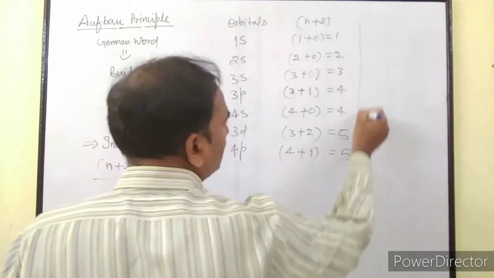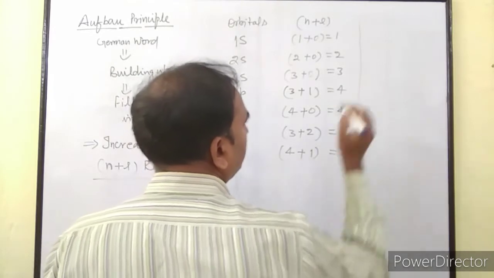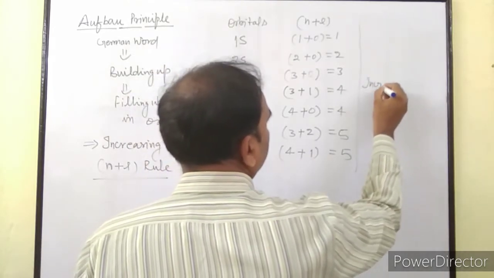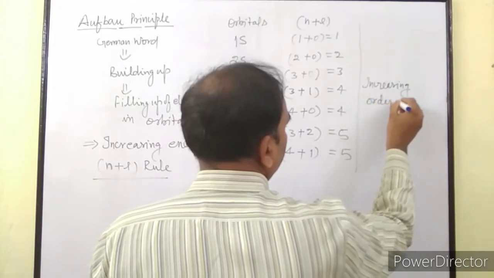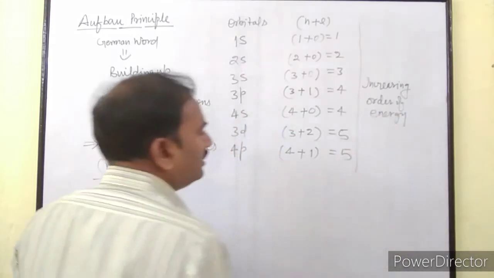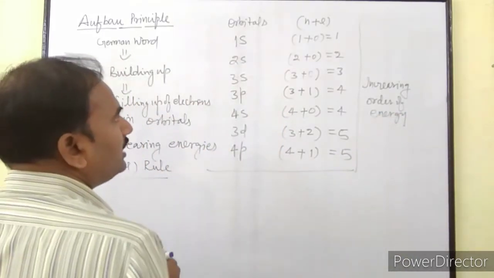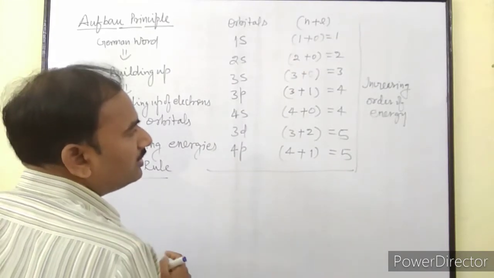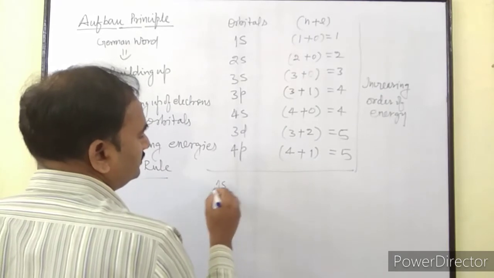Here you can see this is the increasing order of energy of orbitals. So we can write in the increasing order of energy of orbitals